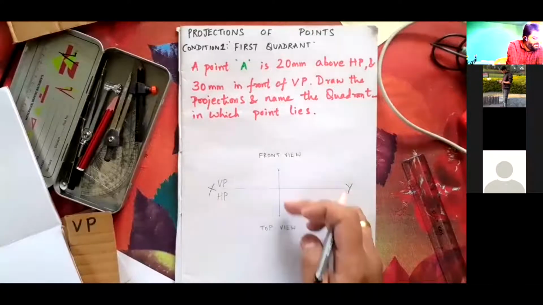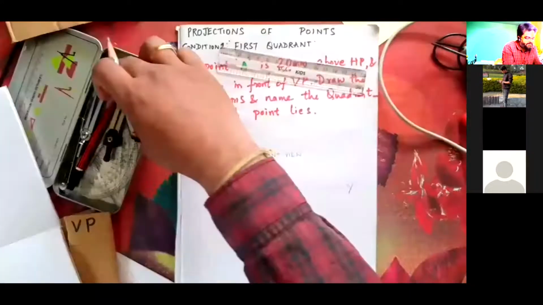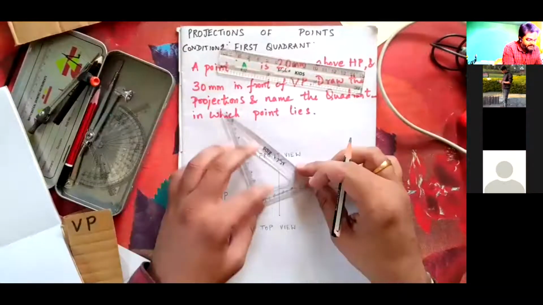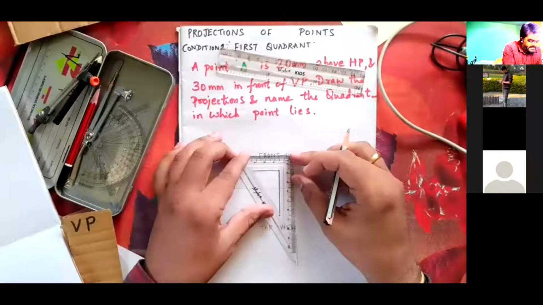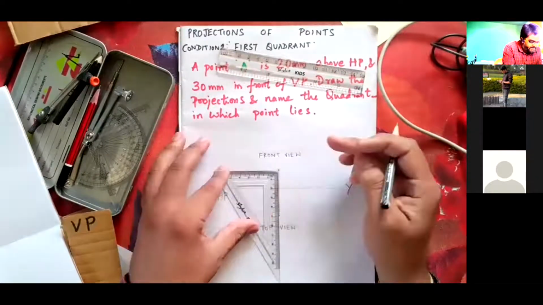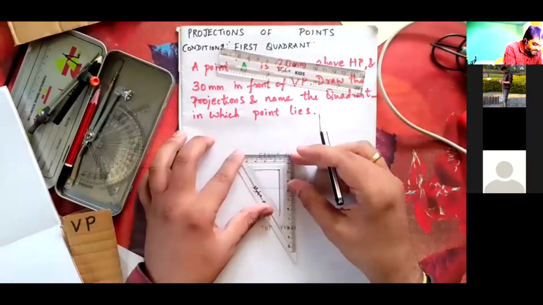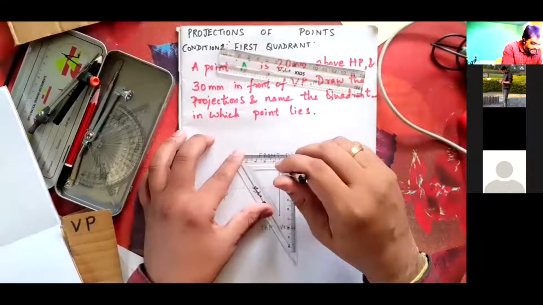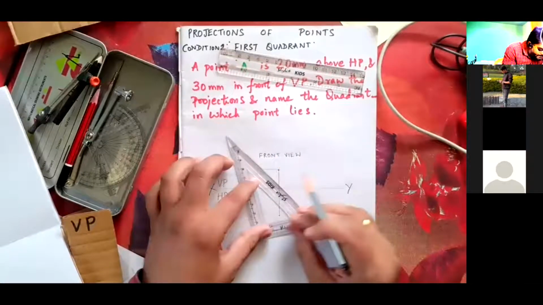I will have to draw a dimension line. I will draw a dimension line and use this perpendicular tool, which is nothing but the set square. Either I can keep it here or here inside. I'm going to use this perpendicular symbol because this is exactly a perpendicular, and here also I'm going to draw a perpendicular line to the same.